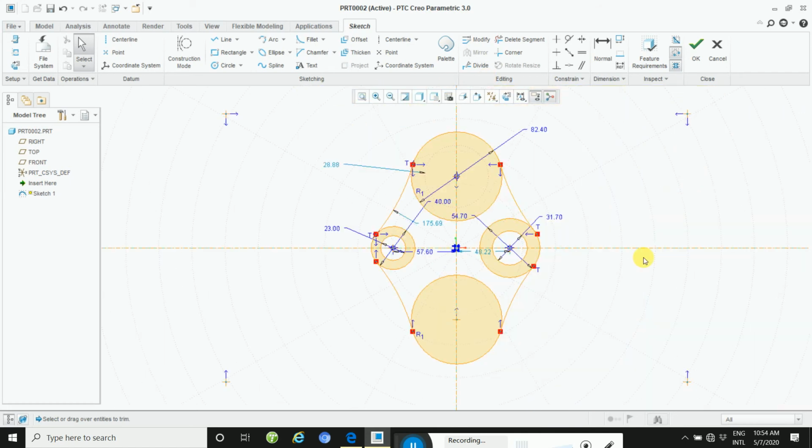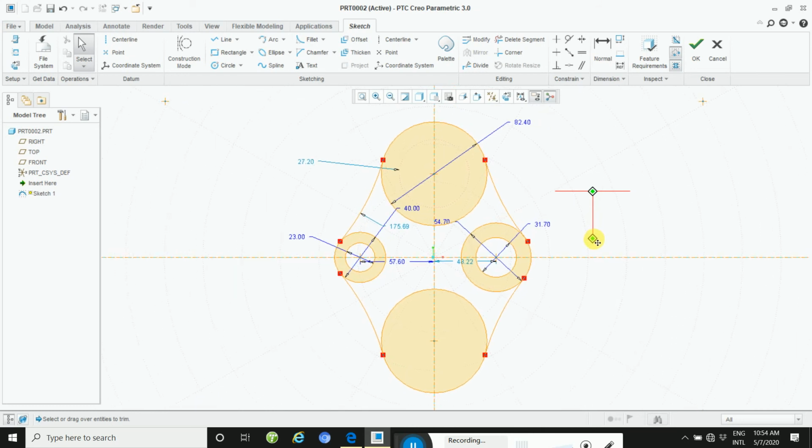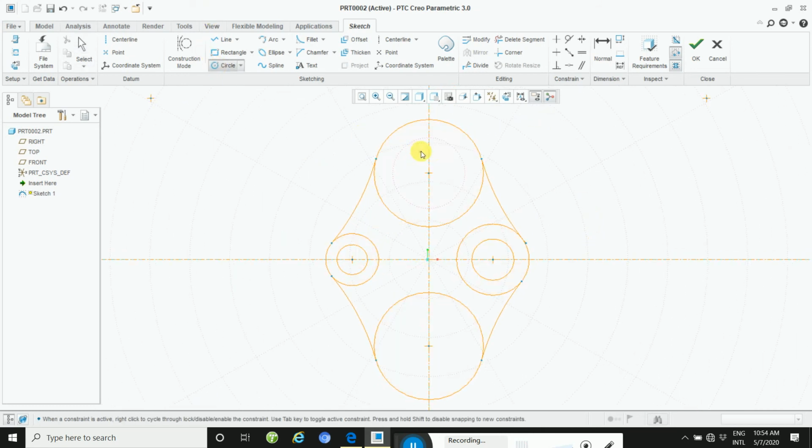Okay, so some inner circles are required to draw. So draw an inner circle, this circle. So take a circle here and draw this.